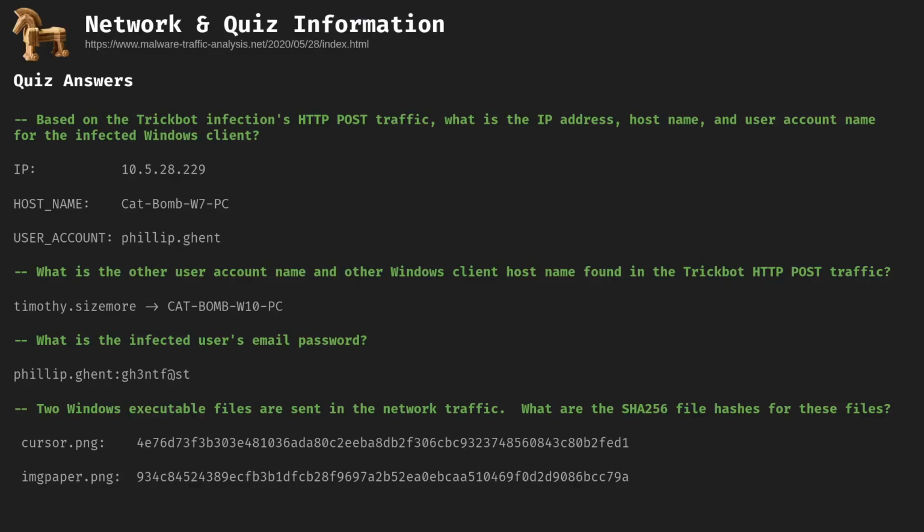What's the IP address, hostname, and user account of the infected computer? We know 229 is infected, with the catbomb W7PC name and the user account of Philip.gent. What other accounts and other Windows clients are affected? Timothy Sizemore, I would say, as well as the domain controller, is definitely affected. The infected email password is gentfast, that's what we found, and the two executable files were cursor.png and imgpaper.png, and those are the